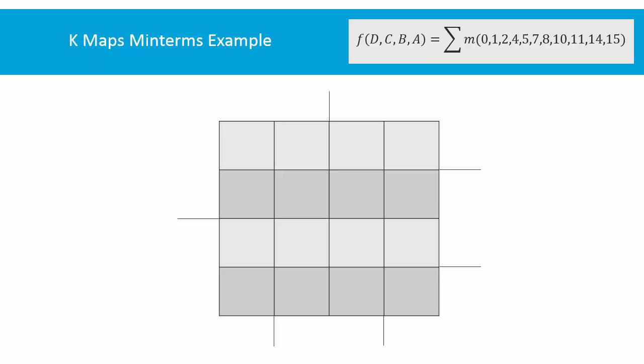So suppose you're given this function, a function dependent on D, C, B, A, and with that list of minterms. When you're given the liberty, you can choose where to put the variables. My recommendation would be to follow a specific pattern. The best pattern that I can think of is 0 here,